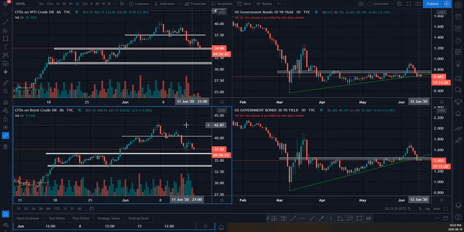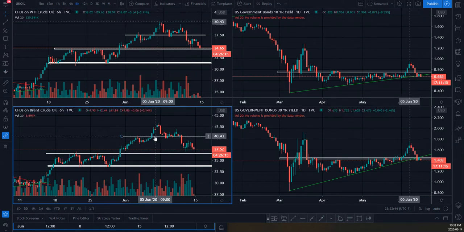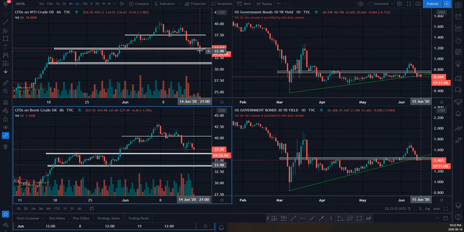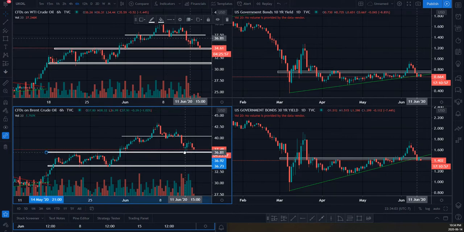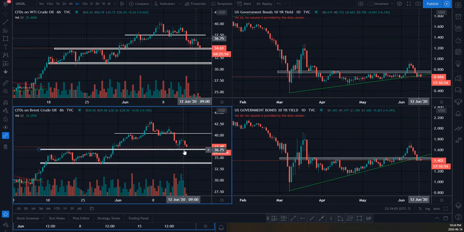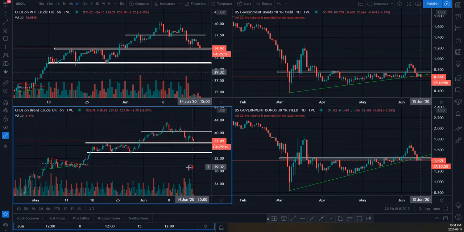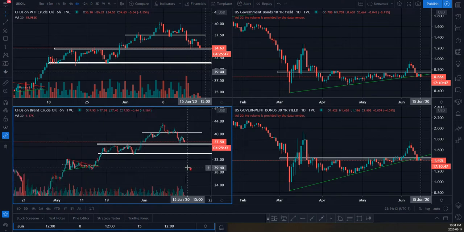Oil is definitely making a series of lower lows and lower highs. Broke previous key level of support at around $40 on Brent and around 37 on West Texas Intermediate. And now it looks like it could potentially break the new level of support, which is around 34.50 on WTI. And let's just move this up a little bit. If we're breaking 36.75 on Brent, that's definitely a little cause for worry for the buyers, in my personal opinion.